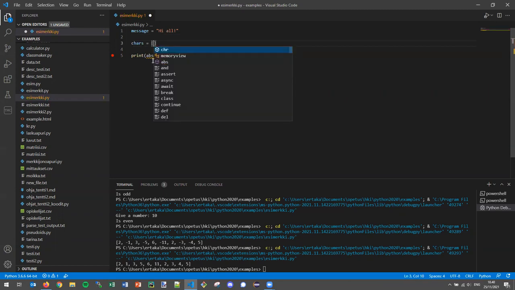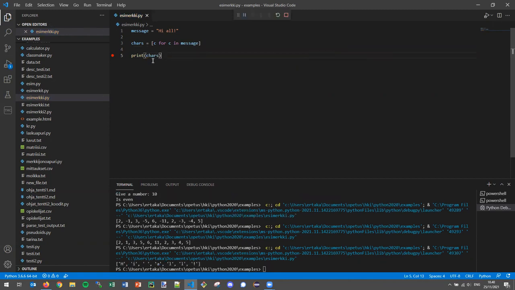So we could do something like this. Let's start with really something basic. So what we have here is we just have all characters in this string as a list,